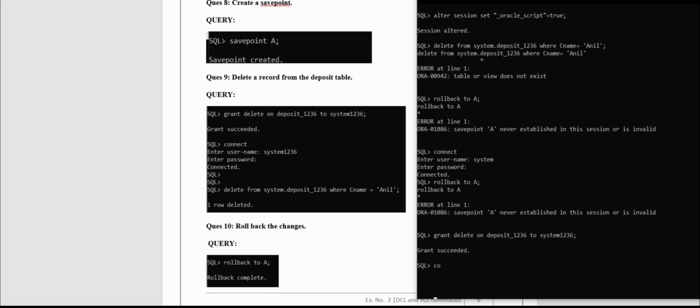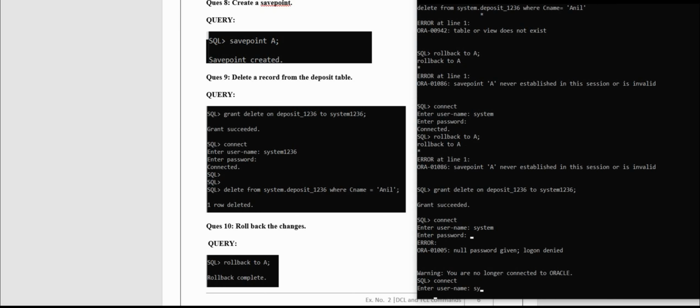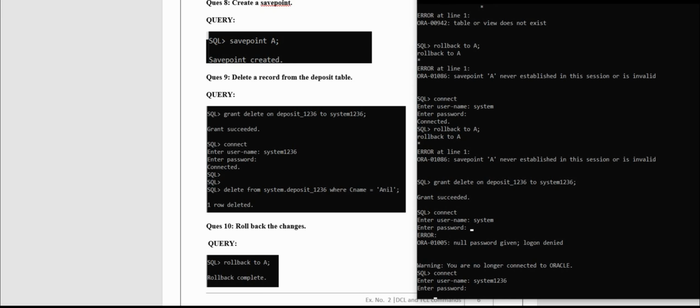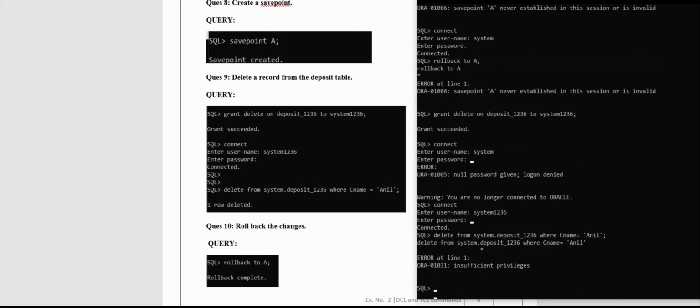Now let me connect to the system. Okay, sorry. Okay, connect 1236. That's past 77. Now if I'm going to delete this thing, the same thing, now it will get deleted.